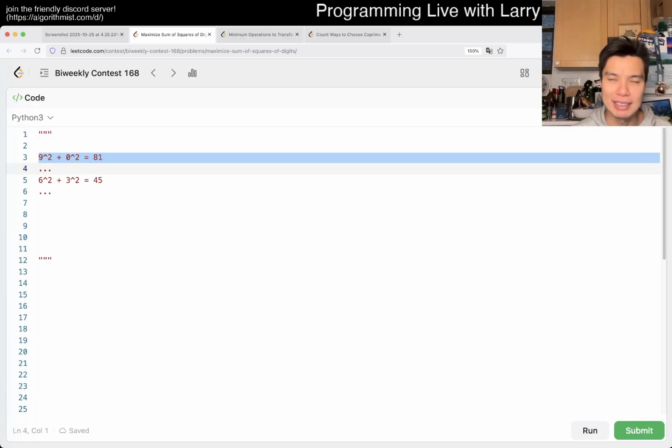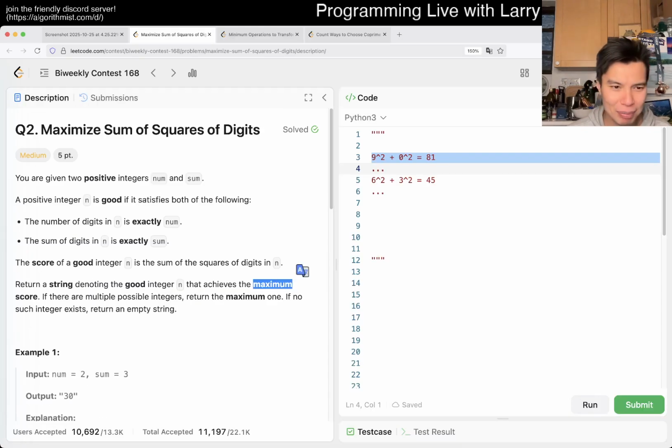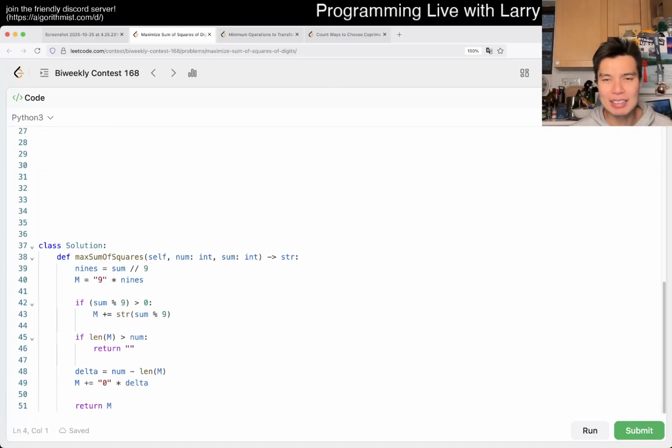Then we want as many 9s as possible because we want the maximum score, but we want to also get the maximum good integer or whatever they call it. And of course, having that, you just want all the 9s in the front, right? Pretty straightforward. Yep, 9s in the front just gives you a bigger number. It's very intuitive. I hope I don't have to do a proof on that one. But in any case, it just becomes, okay, we have as many 9s as we can fit, and then we have some digits left in which we just take the maximum. It's a very intuitive process in which I still got a wrong answer because honestly,